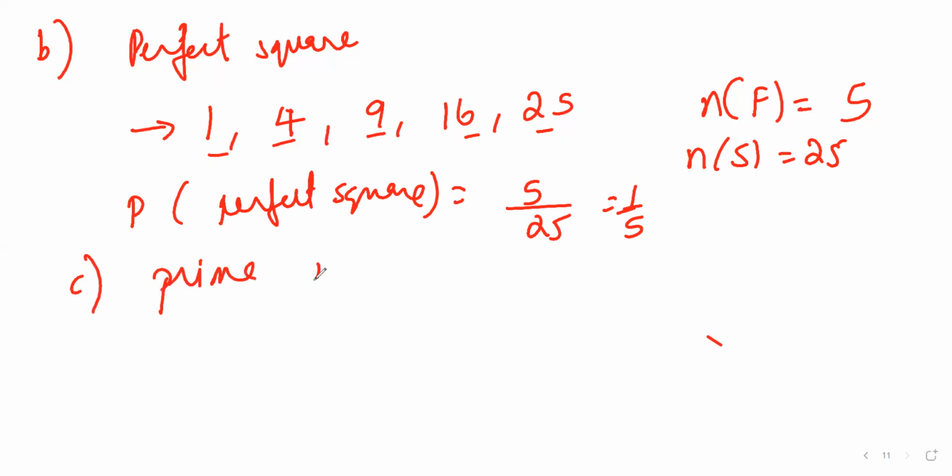Next, moving on, we have got next is prime number. Let's see what are the prime numbers. Now, you know what's prime number, isn't it? You have only two factors. A prime number will have only two factors, which is